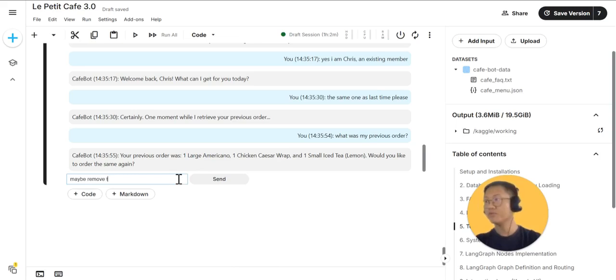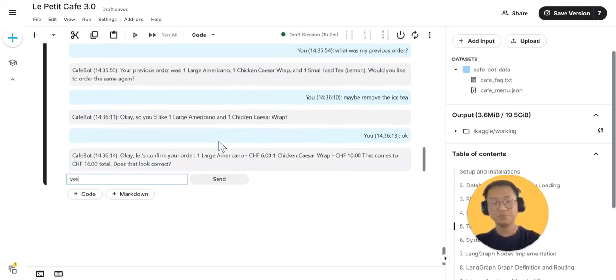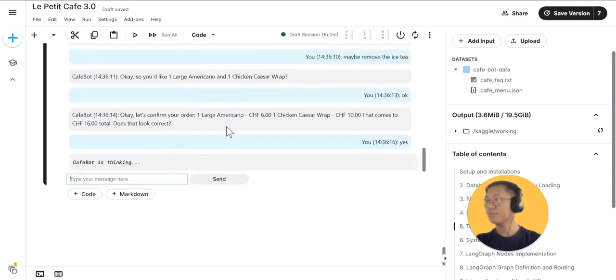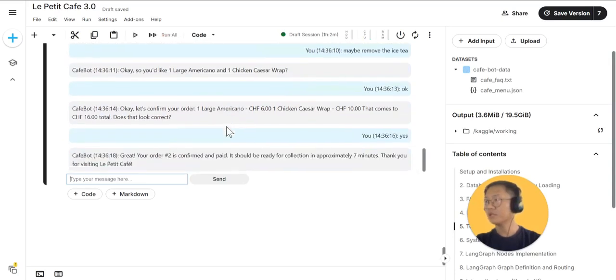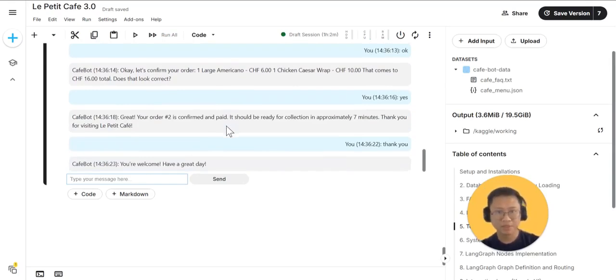Maybe remove the iced tea. Okay. Yep. Okay. Thank you. So in this Kaggle Le Petit Cafe notebook, this application is by far not complete, but